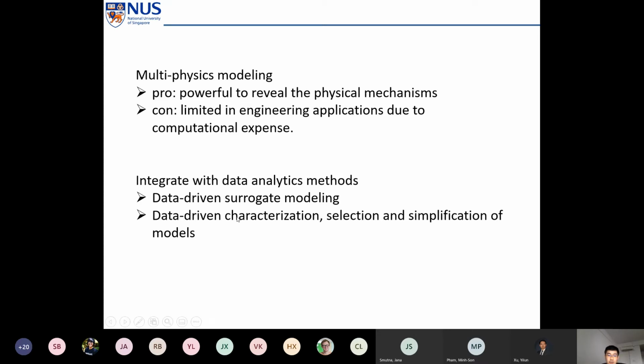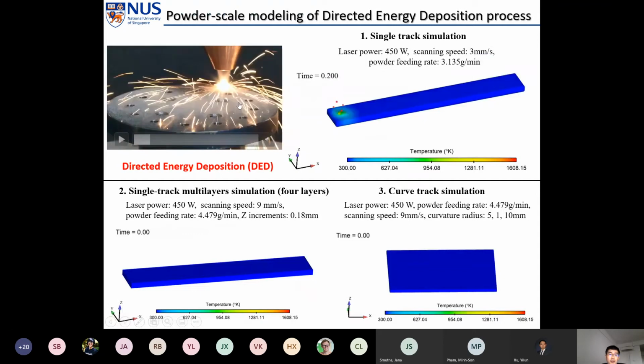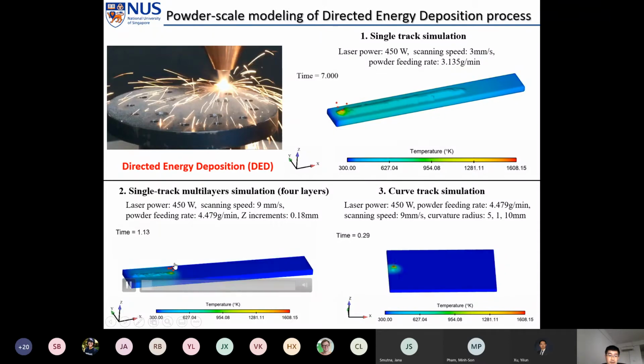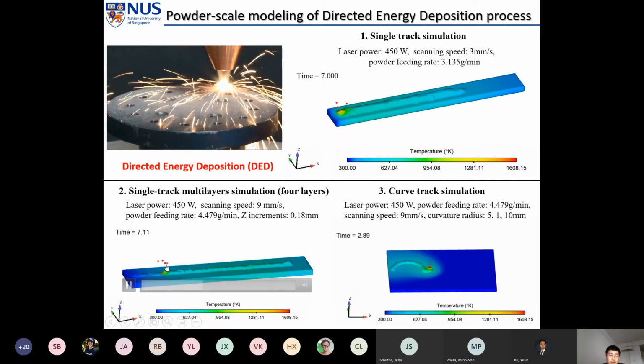Here I just want to show two cases. One is we built a powder scale simulation of the directed energy deposition, and we can simulate the single track or multiple layer and also curved track, but it takes tens or hundreds of CPU hours to finish this